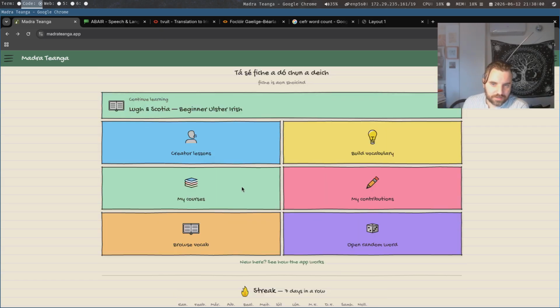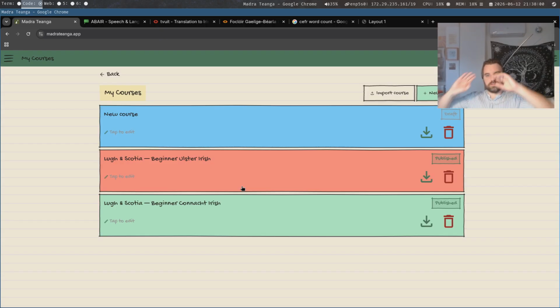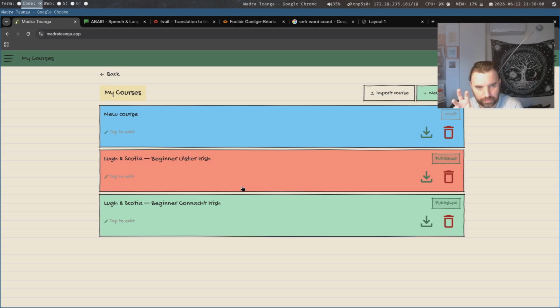And then, let's see. So that's the word stuff underneath it all, and generating lessons and all the words and stuff. That'll always be there, and when I fix it, you can use it for any learning, but that's not the main focus of the app. The main focus of the app is on user-created courses, built on top of all of that, right?